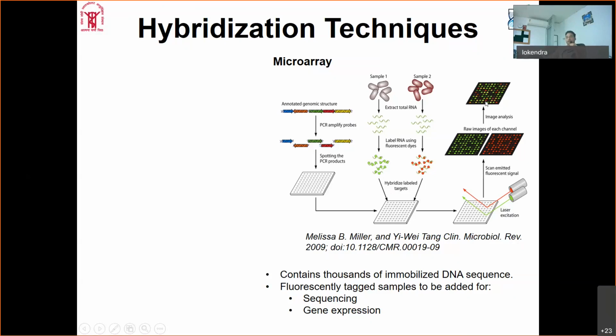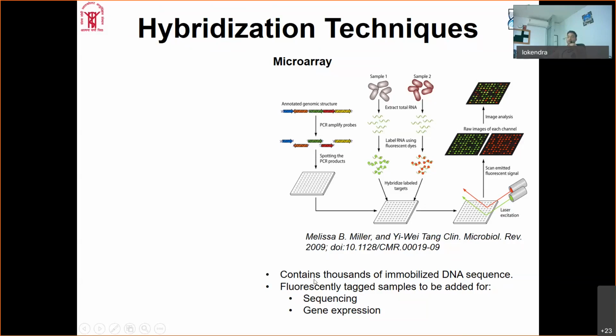So based on the intensity of the respective dyes which they are labeled with, you can easily see the raw images, and then later on these images are analyzed in terms of differentiating this expression with this. So green versus red, here you can clearly see how many are giving signals, and the intensity again tells us about expression level. So these microarrays can be used.